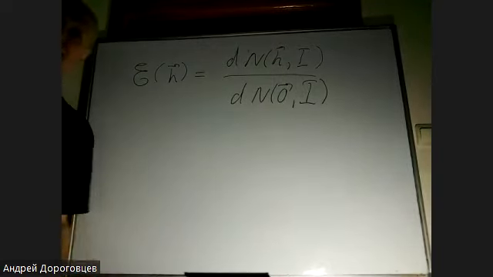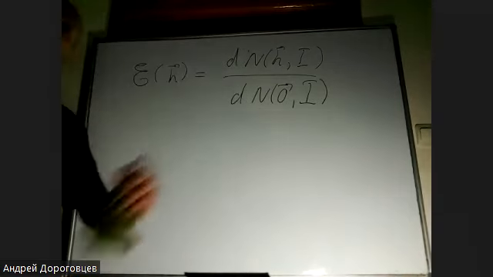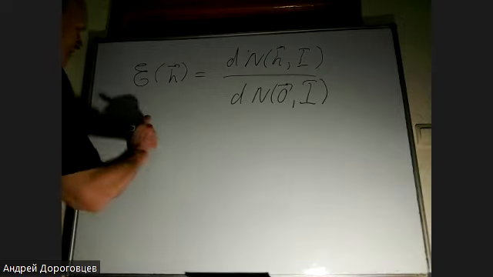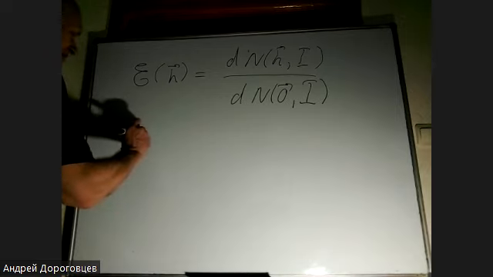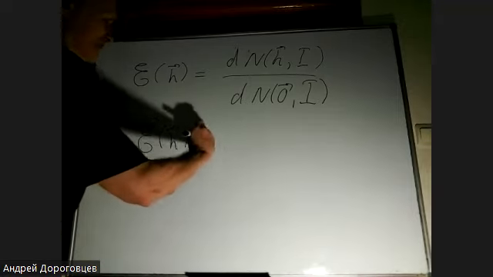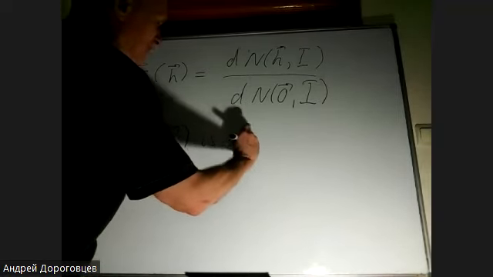This is a density of one measure with respect to another one. Maybe it is reasonable to give a name to this random variable, and it has the following name. We will say that E of h is a stochastic exponent